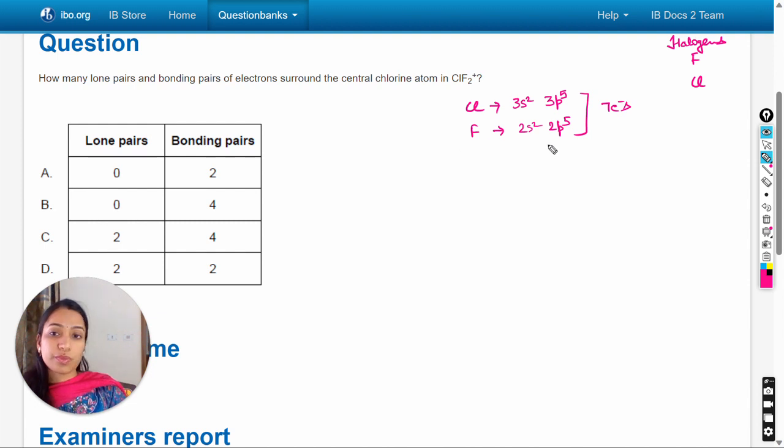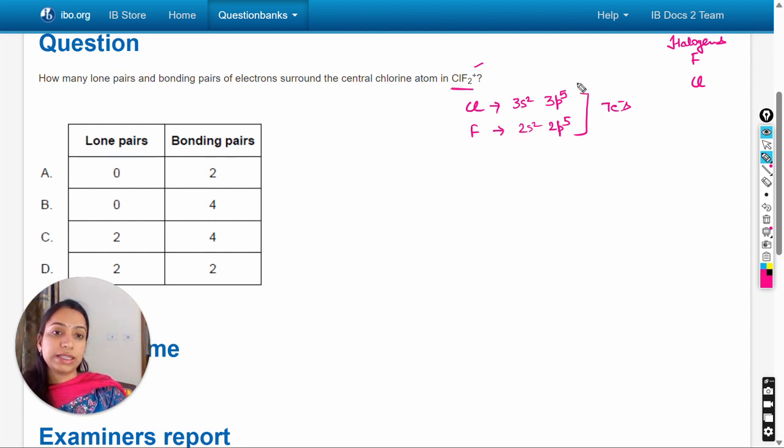Here a positive charge is there, which means this molecule has already lost one electron. So if it loses one electron, which means